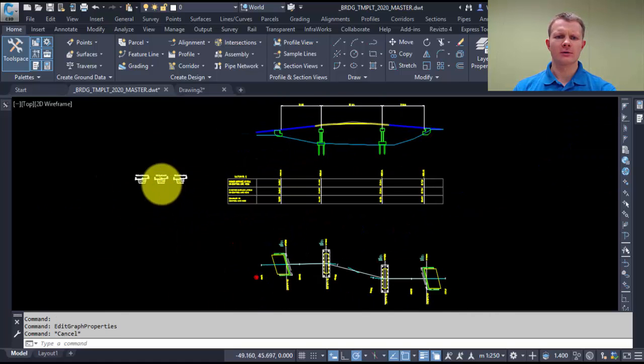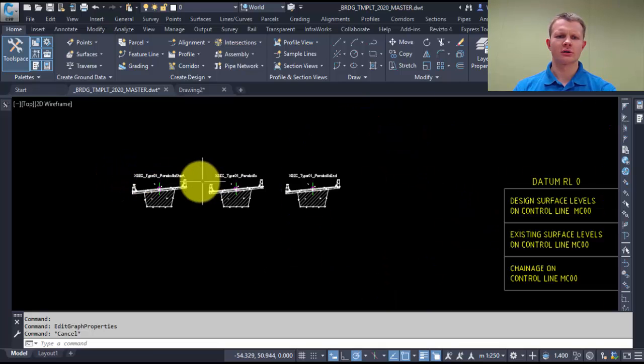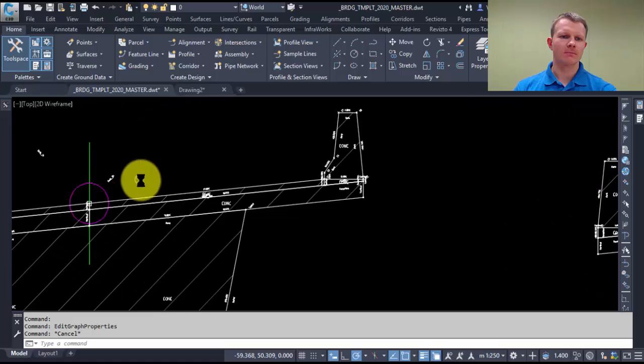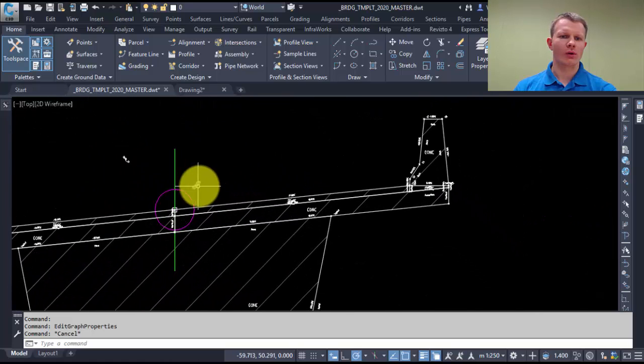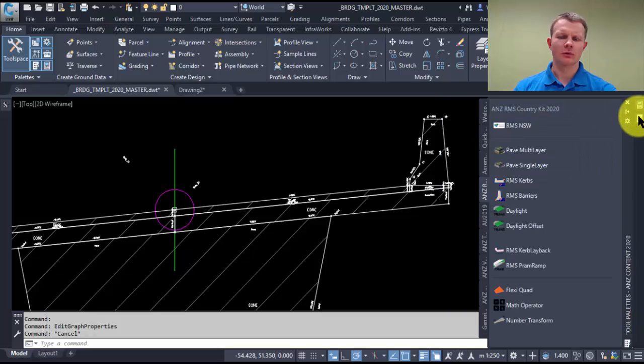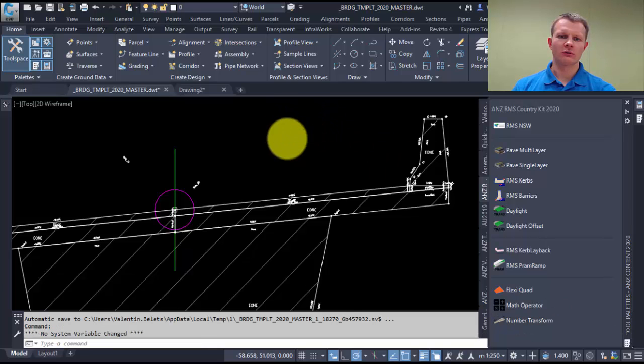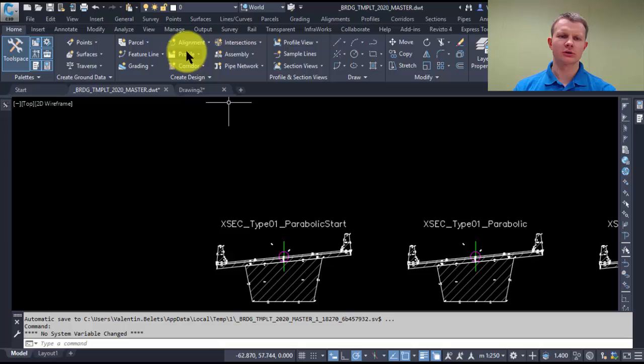And then here I've prepared some assemblies, which mostly consist of out-of-the-box subassemblies, and one of them is a subassembly from the ANZ country kit from RMS. So this is called Number Transform. What this one is doing is transforming one value to another using a particular formula. So if I create